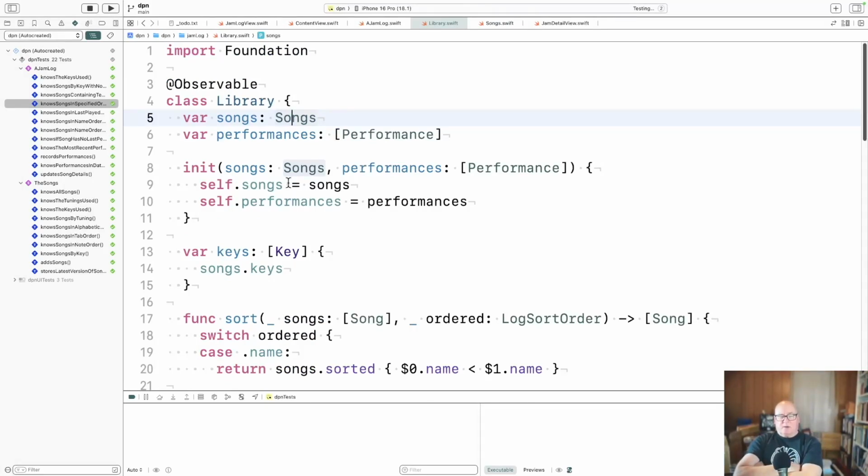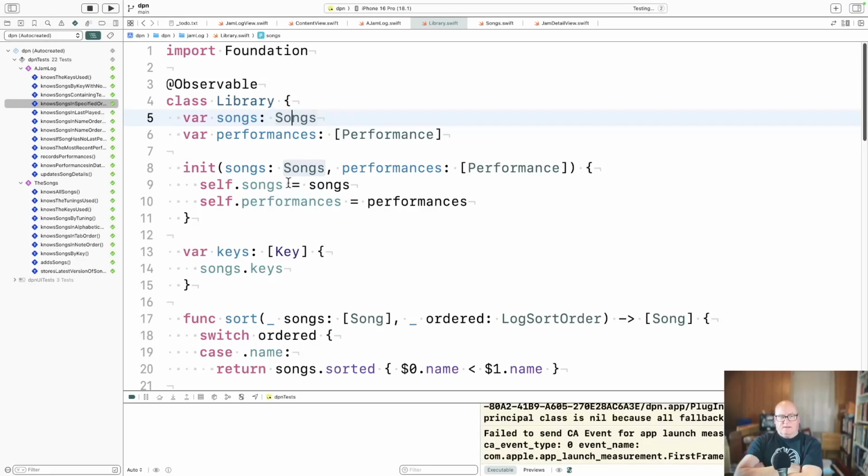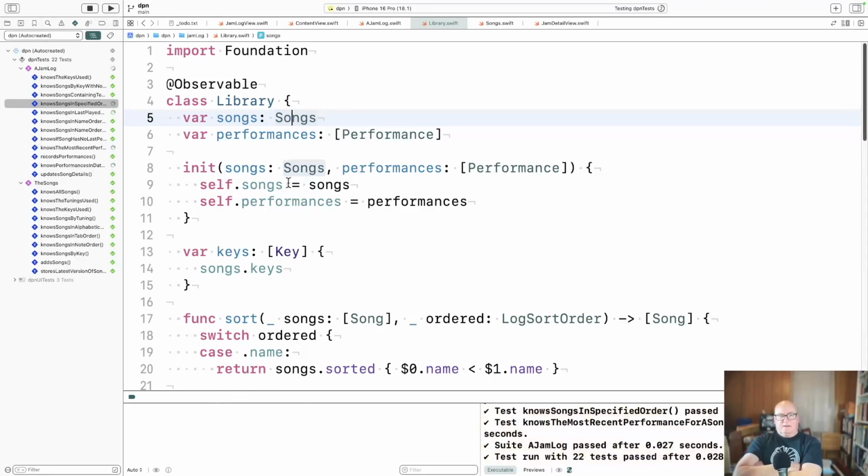And that's the thing we don't have. Right now, performances is this kind of undifferentiated thing. Now, maybe it won't matter. Eventually, they are related in a sort of relational algebra sense. Performance has the idea of a song. But a song with performances seems like the thing that we should be displaying. And it's kind of not.